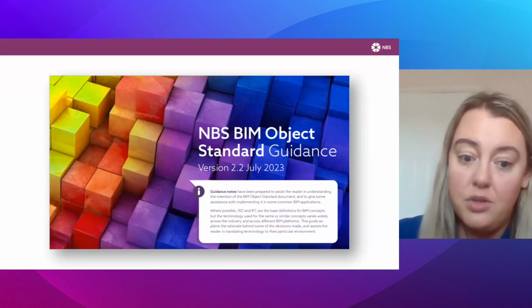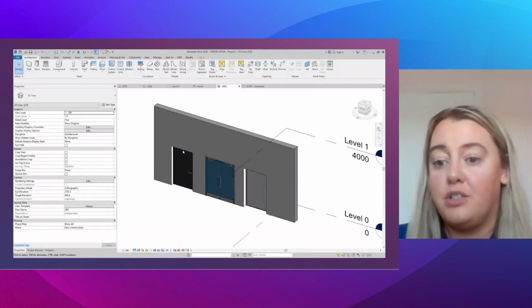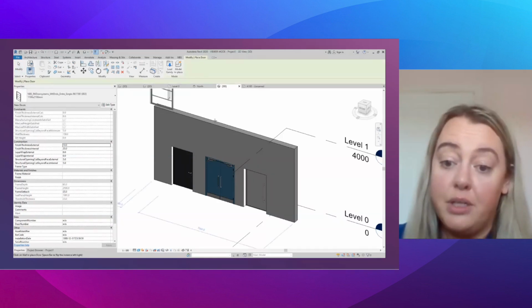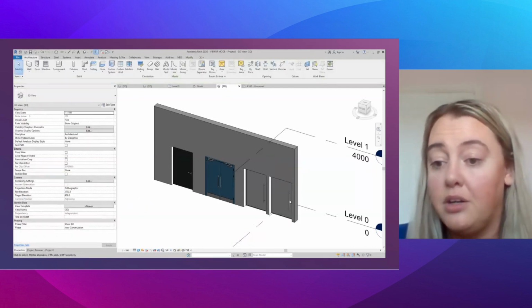There are two main parts. The first one being 3D geometry. The first part to think about is how the product is used within the real world. We need to make the BIM object perform in the digital environment like it would in the real world. In this example, a door can only be added to a project within a wall. If it's a cubicle, we need to know